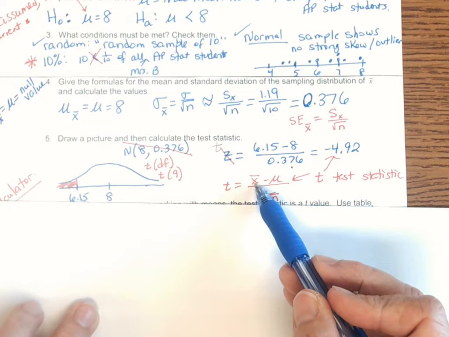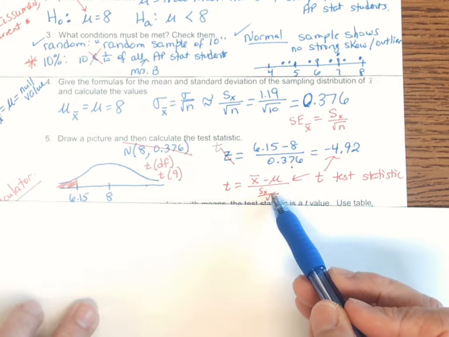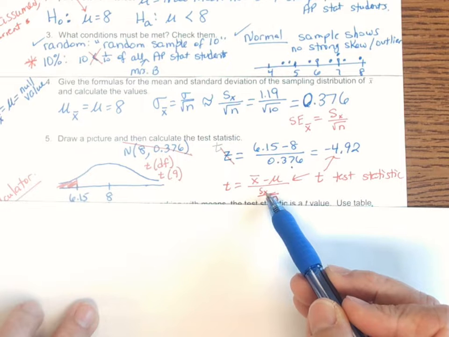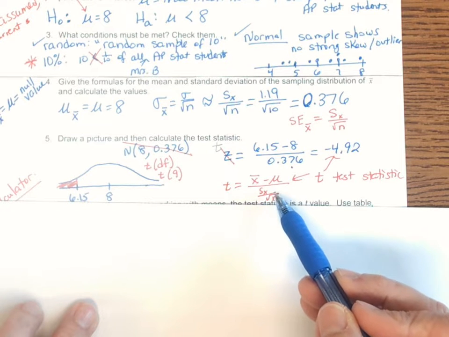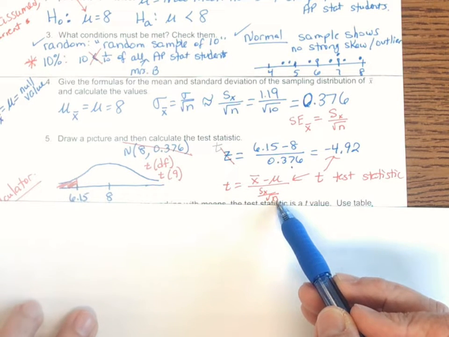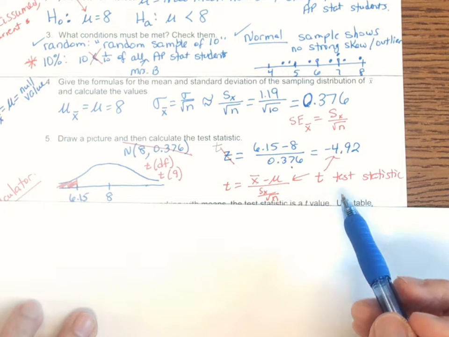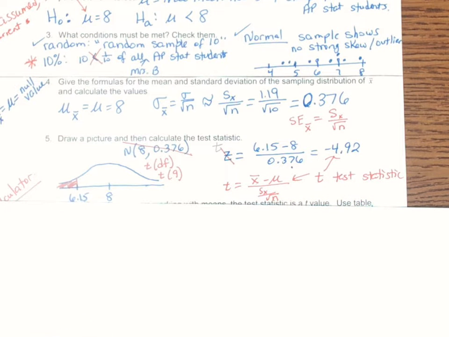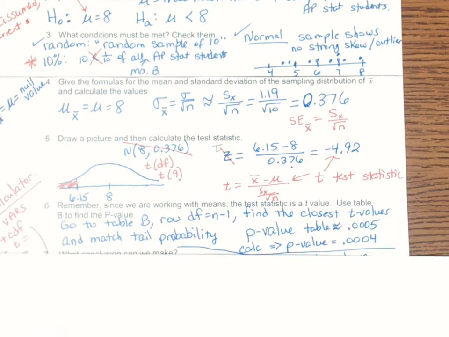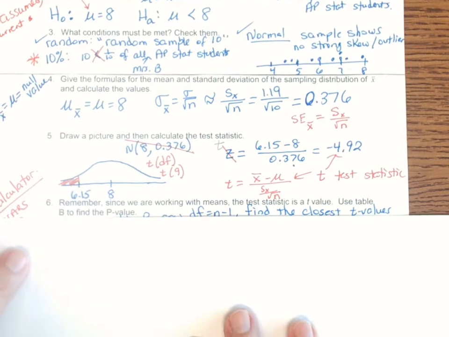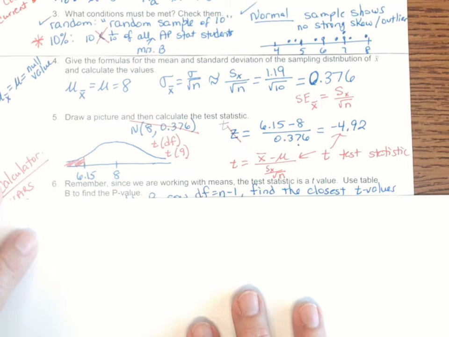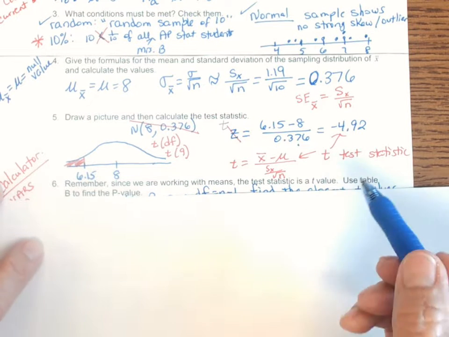And my formula for that is x bar minus mu divided by s sub x, the standard deviation from the sample, divided by the square root of the sample size. And that is called your t-test statistic. And it's going to operate very similar to a z-score. Okay, since we are working with means, the t-statistic is a t-value, and we're going to use table B to